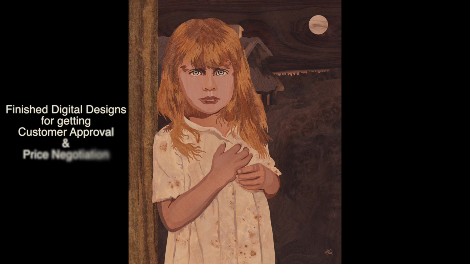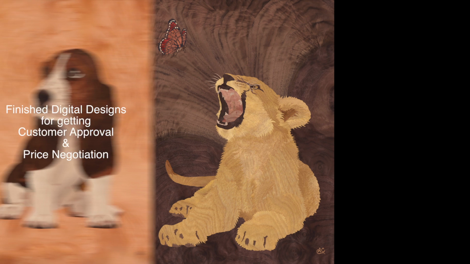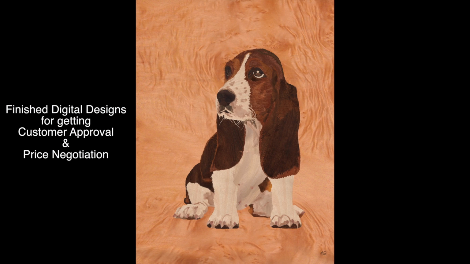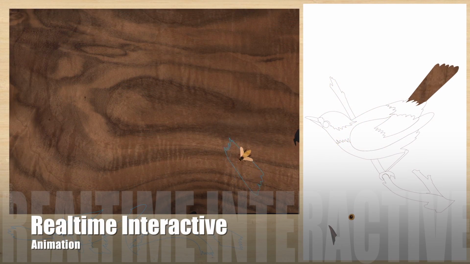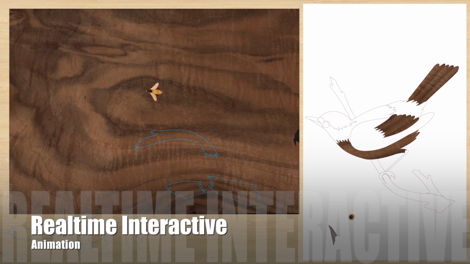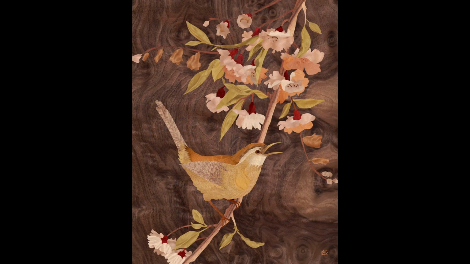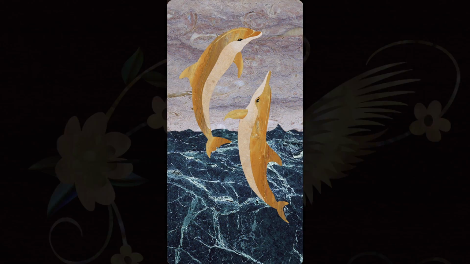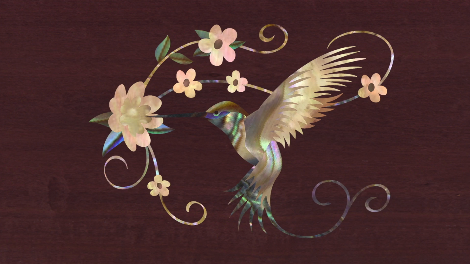Our product allows users to see the end product before creating it. The finished design, completely filled with different wood species, can be exported as a JPEG file, which can then be used as a simulation of the final product to acquire a customer's approval before building the product. This helps with product price negotiation and assures customer satisfaction. With its real-time interactive preview mode, you can create unique artwork made of wood, marble, mother of pearl, or any other textures, all at the same speed as designing with ordinary colors.